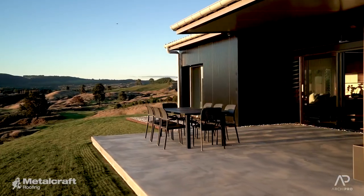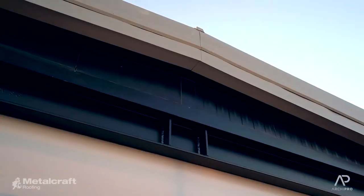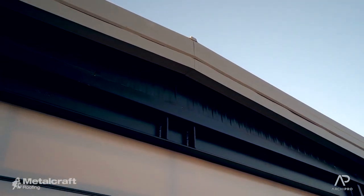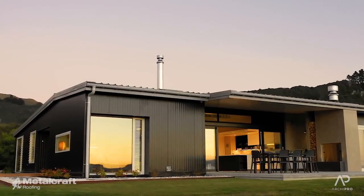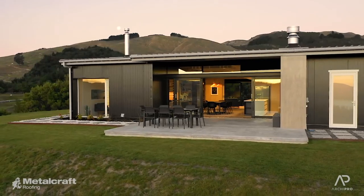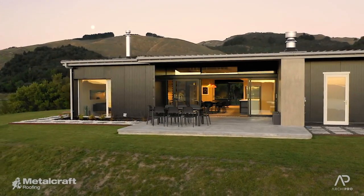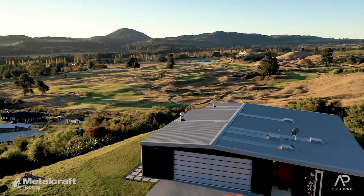So this is the third time we've used Metalcraft products in houses. They have so many great qualities. Not only with the prefabrication do you get quick assemblage and therefore cheaper construction costs, but you get double the insulation value. You get a highly robust interior and exterior finish, which is low maintenance. And the quality of the roof and its spanning potential is also 3 or 4 times better than any other